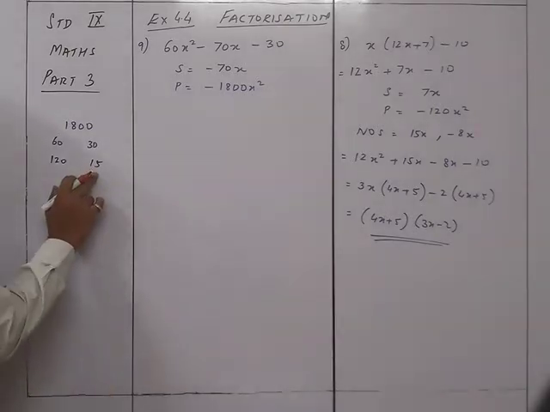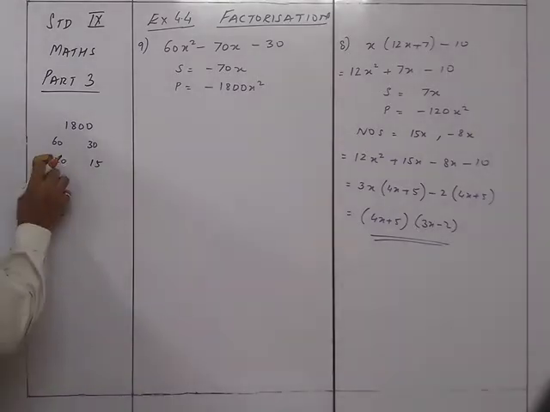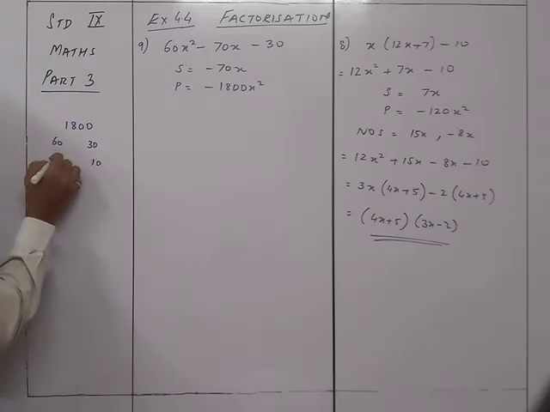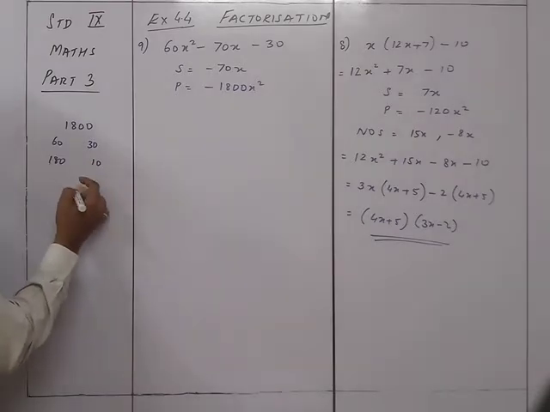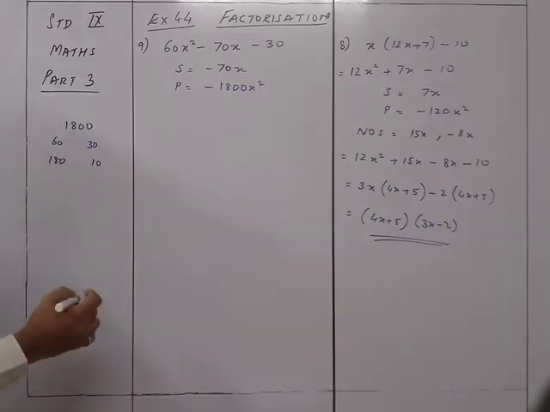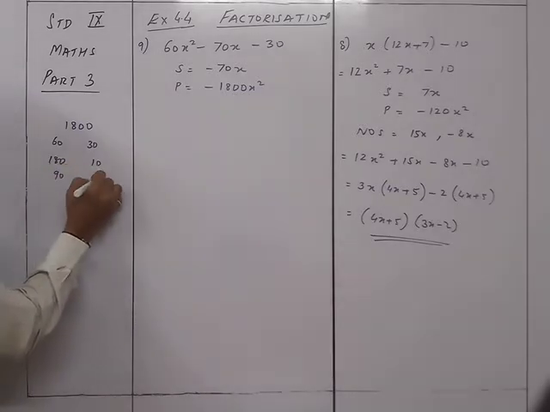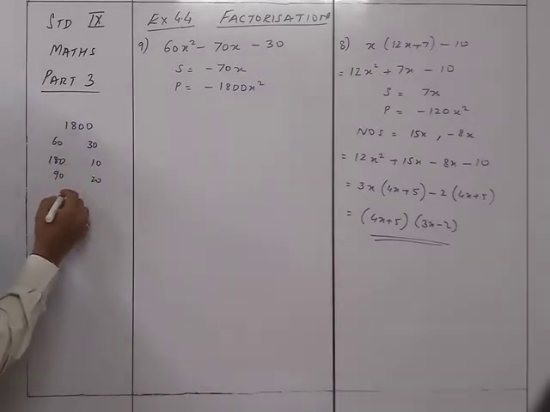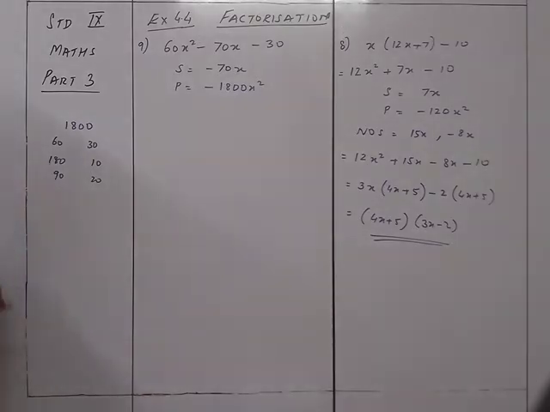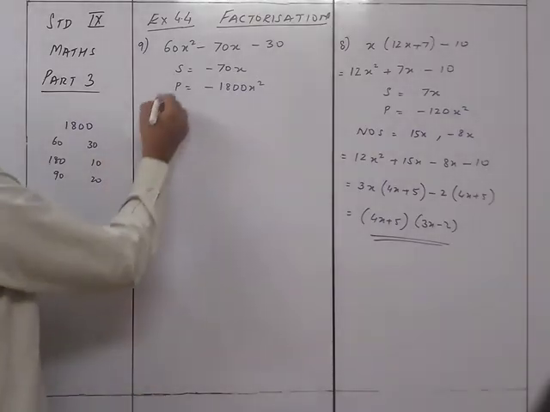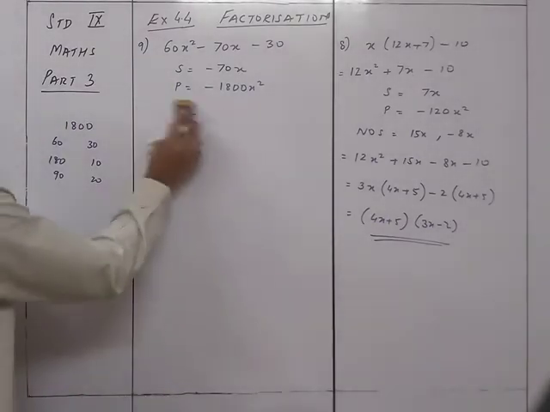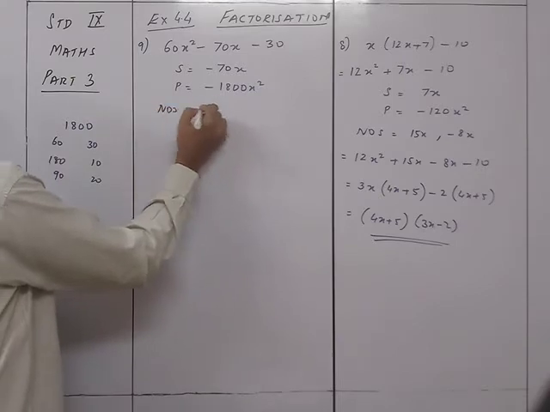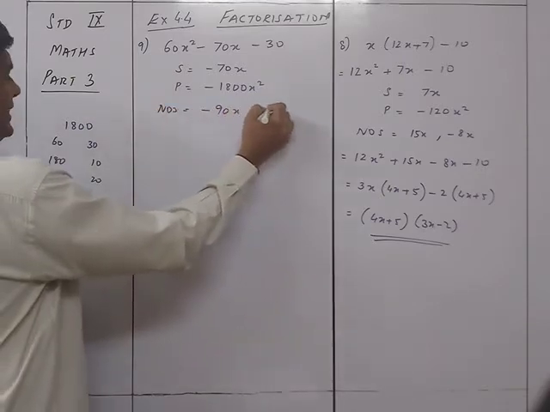So now if I ऐसा करते हैं, इसको 10 कर देते हैं और इसको 600, अरे this will be 180, yeah, that is going to be there, and then this could be, or else what we can do is of course 90 and 20, or yeah, 90 20 हो गया, that's it. So that is going to be 60x square. Oh sorry, I need to write the numbers. So numbers will be minus 90x and 20x.